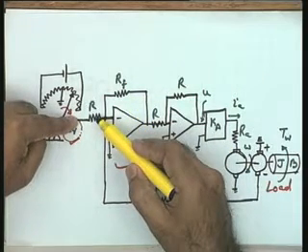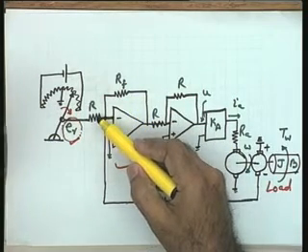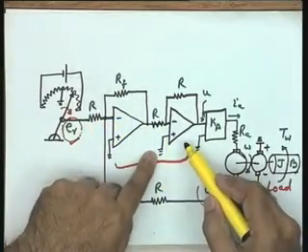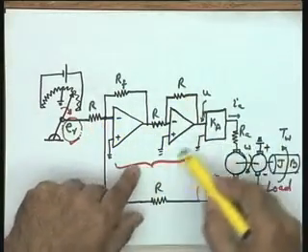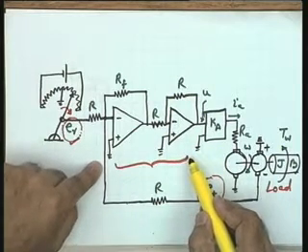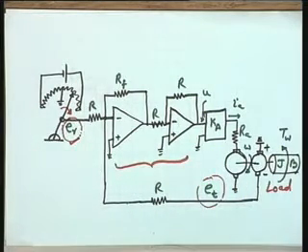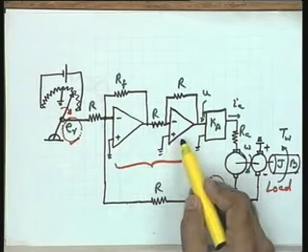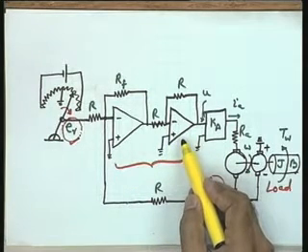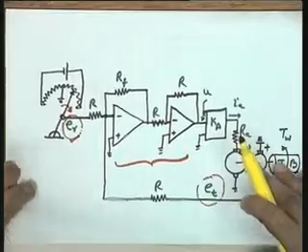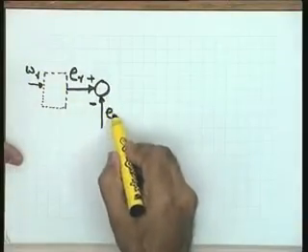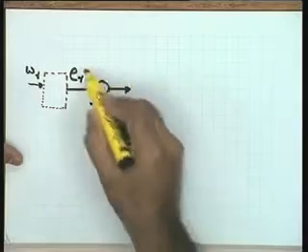Is it okay please? RF by R, but with a negative sign. To take care of this negative sign, I have used an inverting amplifier with a gain of unity, so that the gain of this total amplification unit is RF by R with a positive sign. An inverting amplifier has been used over here just to take care of the sign of the gain of the amplifier, and therefore I can say that the output is the error detector output ER minus ET.